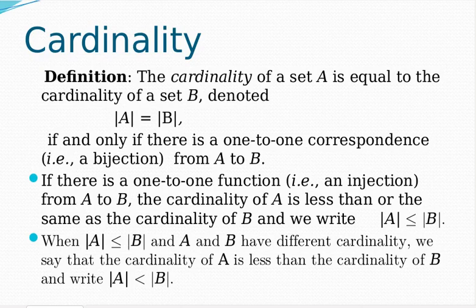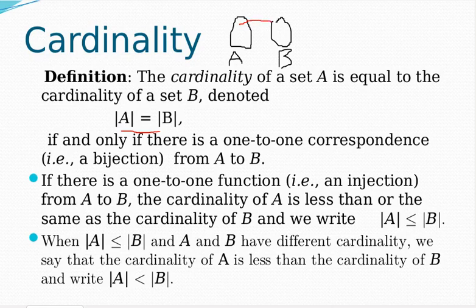Now, the cardinality of a set is defined as follows. We would say that the cardinality of set A is equal to the cardinality of set B if the following is true. Number one, we have a set A and a set B, right? So this is set A, this is set B, and